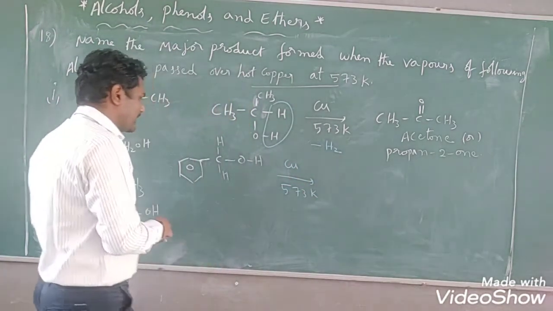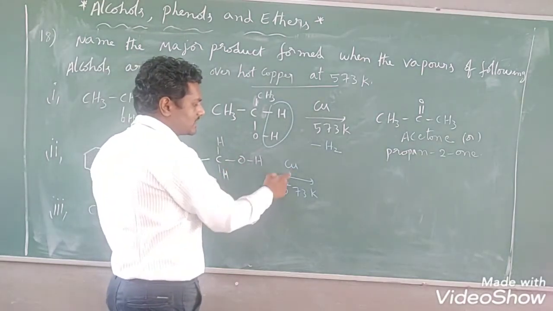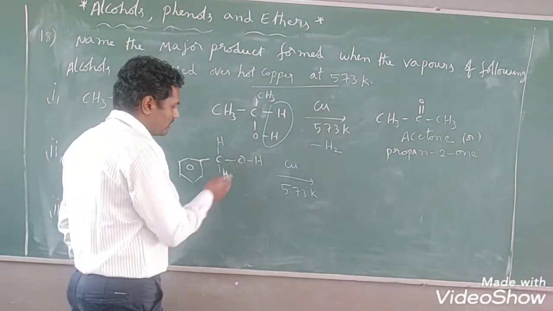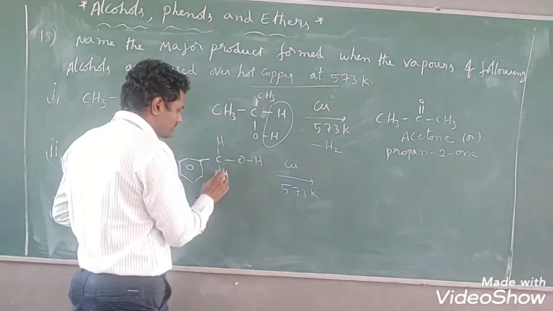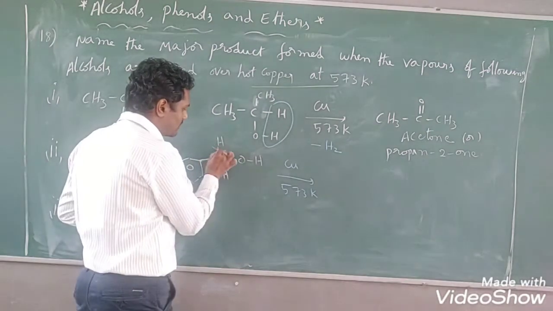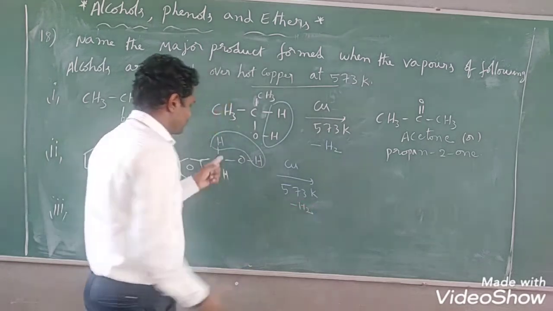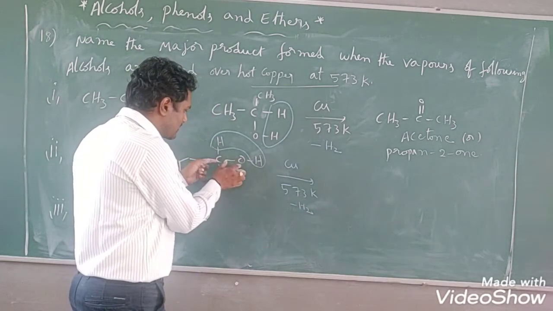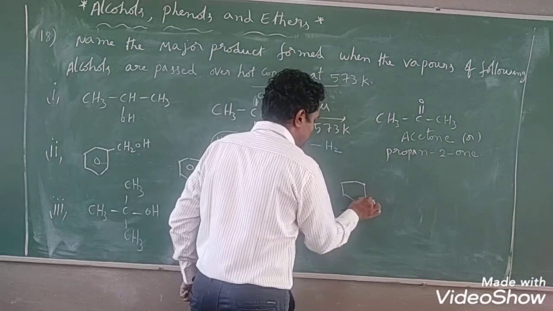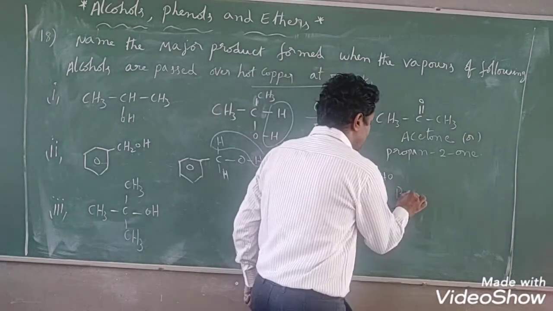Then what will happen? In the presence of primary alcohols also, this reagent is used for dehydrogenation, removal of H2. That means breaking of bonds is taking place here. One of the hydrogens here and one of the hydrogens here are removed as H2. That means breaking of 2 single bonds results in the formation of a double bond here. Then what will we get? We will get benzaldehyde, right? Benzaldehyde, CHO. What is the name of this compound? Benzaldehyde.